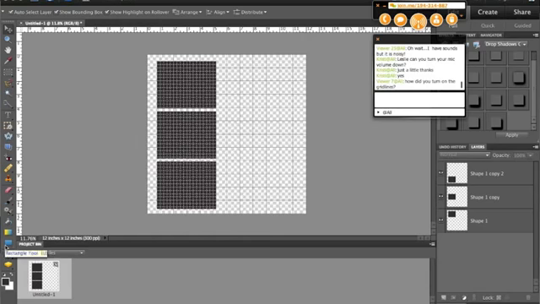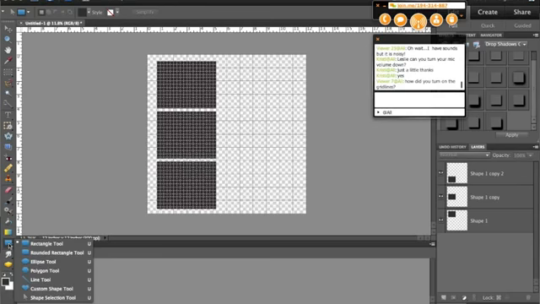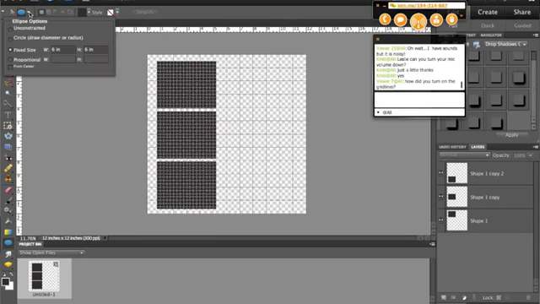Now, what if I want a circle? I can certainly do that. I go back over to my shape, and I can click on it and choose my ellipse tool. Again, up here I have some choices. I can say unconstrained, which means I can make it any shape that I want to. I can make a circle that'll be fixed size. I can tell it to be absolutely, I want a 6 inch by 6 inch circle,